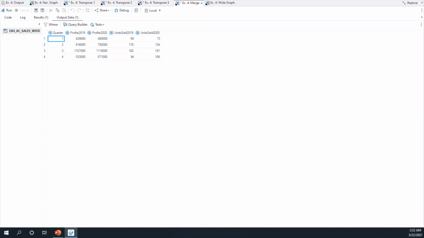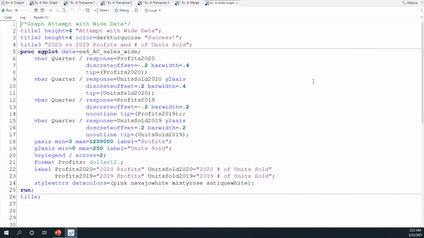So let's try one more time to create that graph. Now looking at the code, you can probably tell that this is one of the most complicated proc SGplot steps we've seen so far. We have 4 vbar statements, 1 for each column besides quarter. However, to create an overlay clustered bar chart with 2 y-axes, the more complex code is necessary.